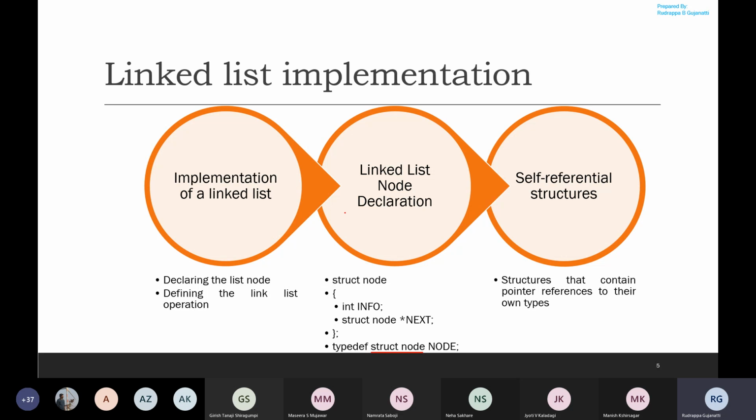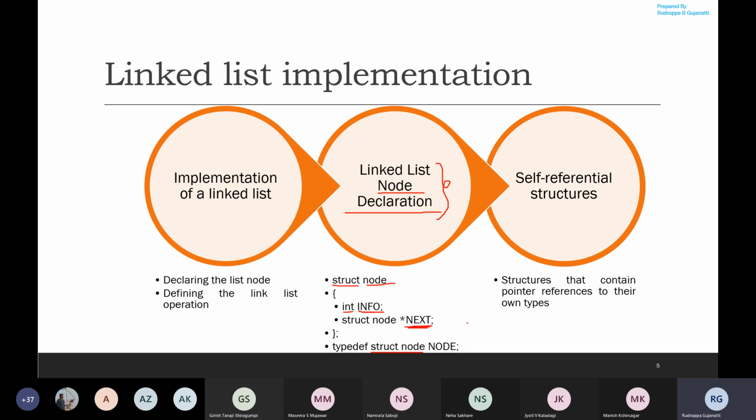So this is the declaration part which is associated with the node, and in node you have two fields, info and the pointer, which is the next field. So here we are declaring it using the structure data type. So it is struct node. Here we are storing the integer. So this will be storing the data element and this will be storing the address of the next node.